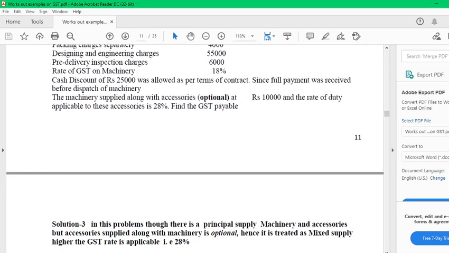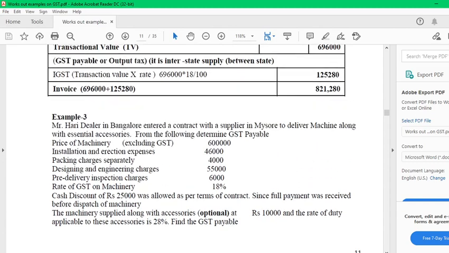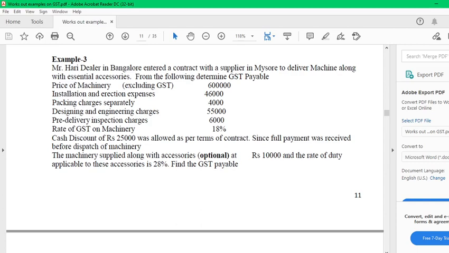But here, the accessories are given at the end as optional, not necessary. Be careful that even though they are necessary, they are optional at the request of the buyer, who may or may not, without which the buyer may make their own arrangements. Not necessary. Please supply along with the necessary.